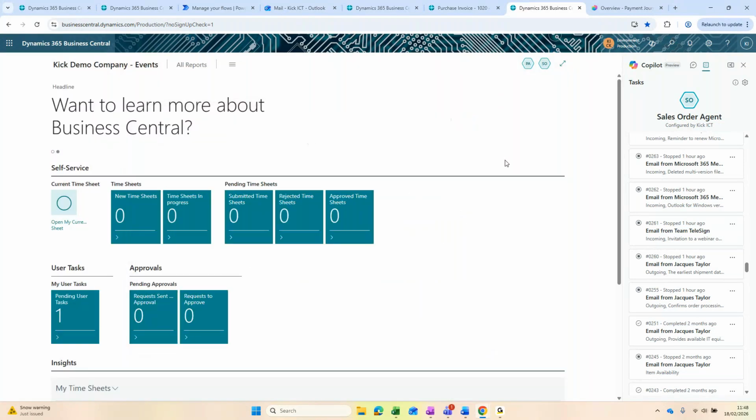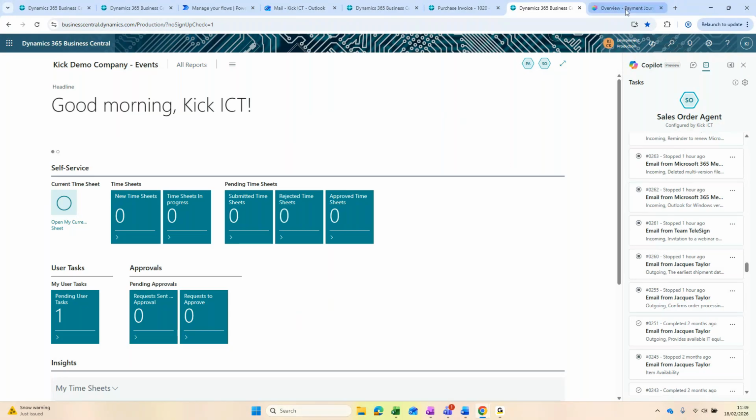In the future, Microsoft will build an expense agent. I think they will probably continue to build some more agents. They haven't revealed too much about this at this point, other than we know there's an expense management agent coming, which is greatly anticipated to help organizations who are currently using third-party software, using extensions to Business Central to process, say, documents or expenses. So then the purchase agent, the expenses agent can take this over